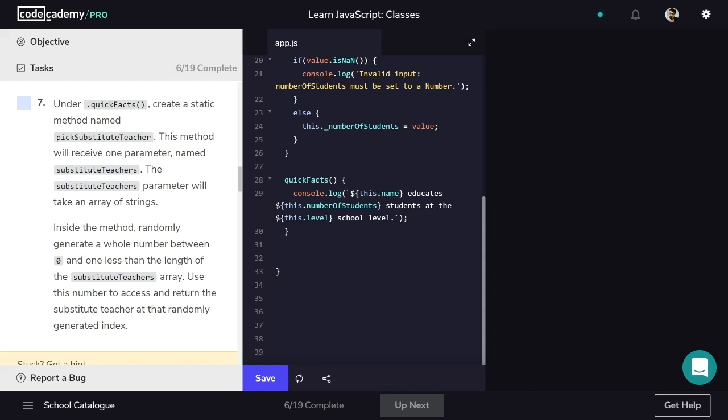The last thing we'll add to the school class is the pickSubstituteTeacher method. This method will take in an array of names and pick one of them at random. We'll make this a static method because the substitute teachers do not belong to any specific school. A static method can be called without a specific object that owns it, so we'll be able to call it directly from School. So we'll use the keyword static, and then we'll call our method pickSubstituteTeacher, and we'll pass in an array, which we'll call